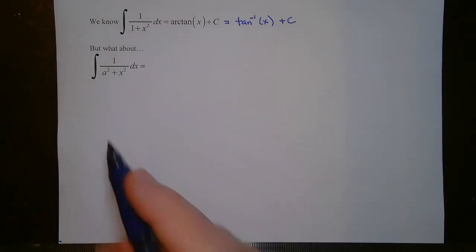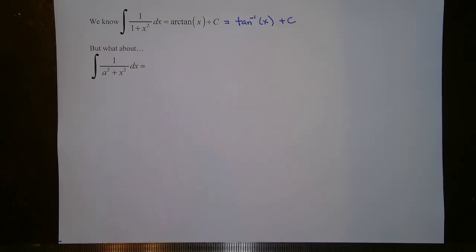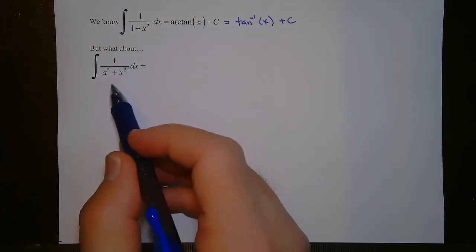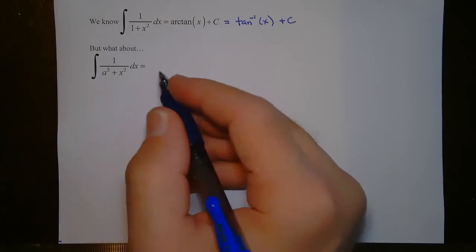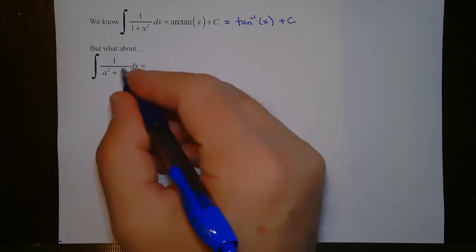But we don't want to have to do that process. So is there a quick way? So this is basically a formula that we need to know, okay? And when we see this format, okay, we know to rewrite it like this, like that's the antiderivative of this function. All right, so what we're going to do first is we're going to take 1 over a squared